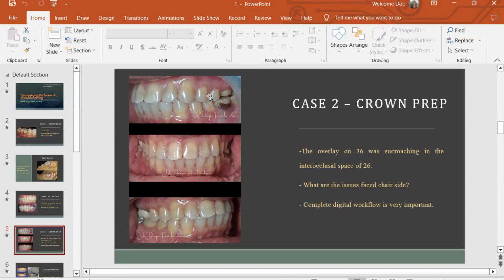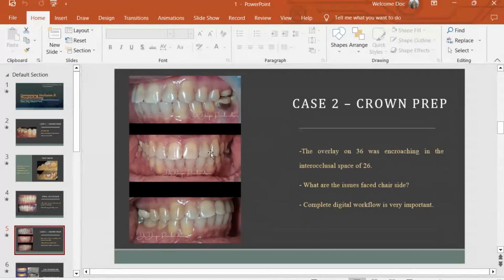So the patient's bite is tough. As you can see, it is an edge-to-edge bite over here, and he has a complete reverse curve of Spee over here. He has an occlusal cant over here. So this is a very, very tough bite to fabricate an indirect for. And typically these kind of cases cannot actually be done in a rush job in just a day or two, because even if you do